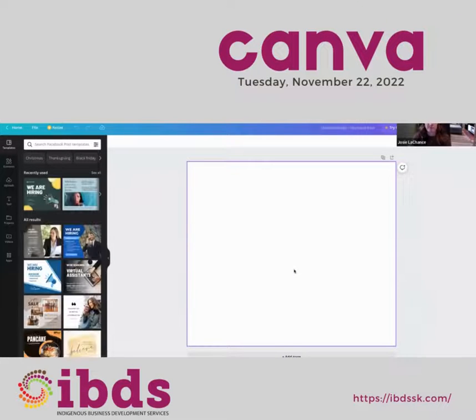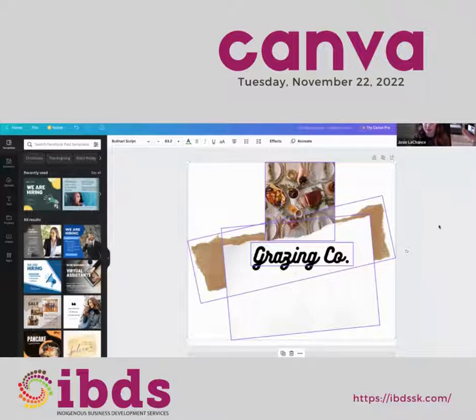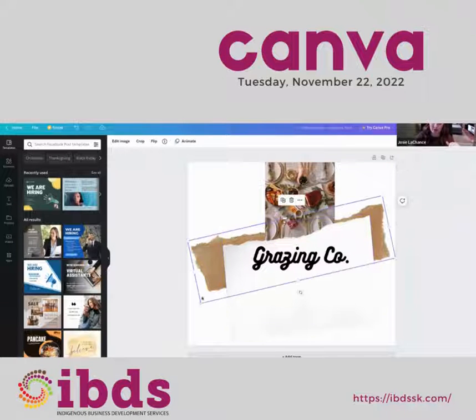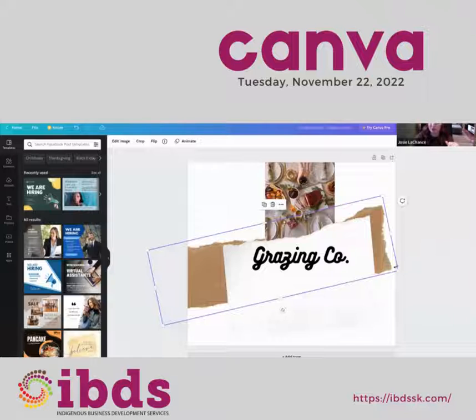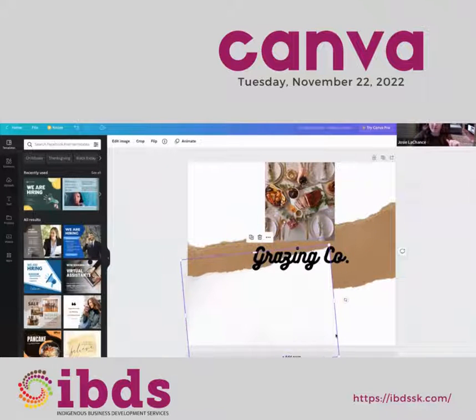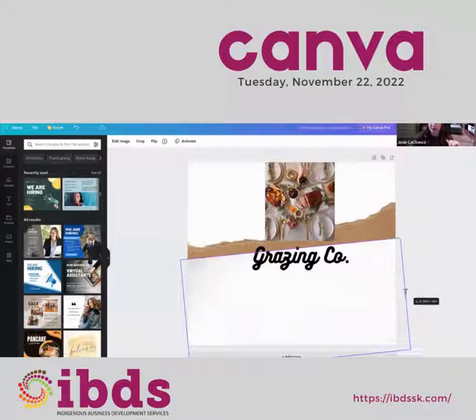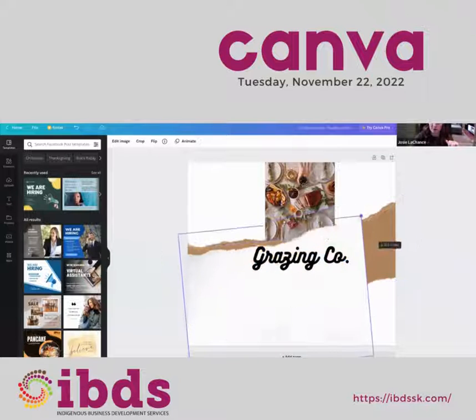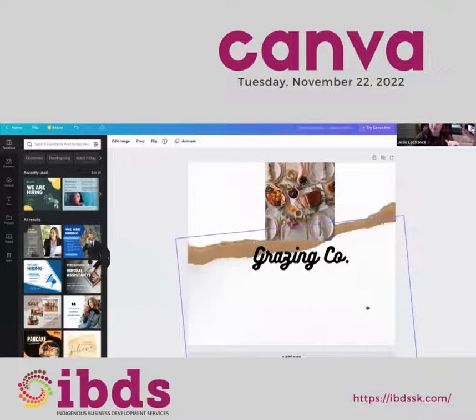And I'm going to go back to my Facebook post and paste it. This might look a little bit intimidating, but really you're just pulling the images or the things that were included in your Instagram post over so that you get the same style.